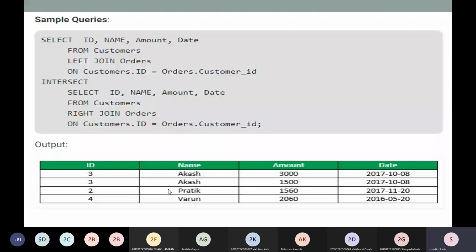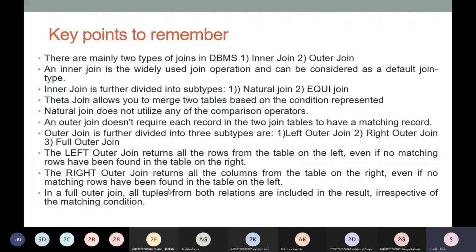Now here are some key points available. I would like to take an overlook. In the previous lecture, we have not taken into consideration the summary points because you can read them. But right now we have seen a number of joins, and they are a little bit tricky and confusing. So we will check out one overlook.